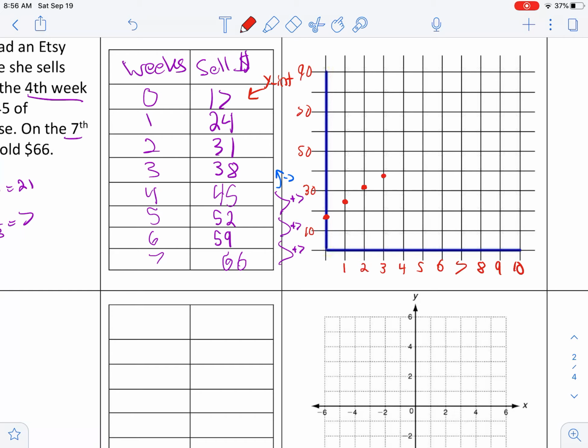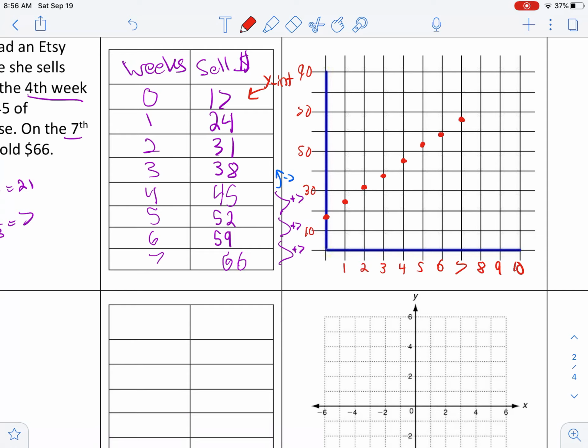That's going to be fairly close to 40. 45 will be right in the middle of 40 and 50. 52, 59. Okay, so that's going to be right under 60. And then week 7 is